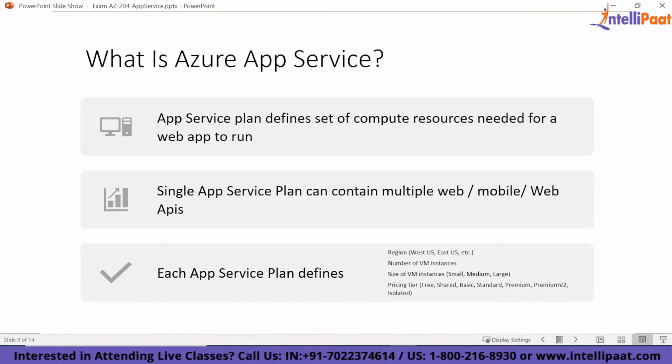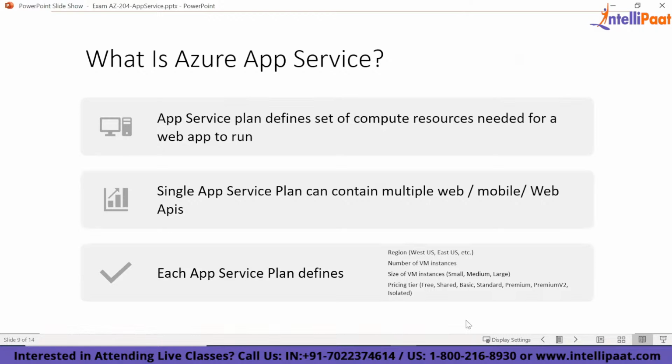So if I put it all together, it basically gives you the set of compute resources that is needed, which is enough to run any web application or a web API. Whatever you want to host, it gives you those compute resources. App Service, I can divide into two parts. One is an App Service plan, and inside an App Service plan, you can host multiple app services or websites. So in App Service there are two things, as I said: the App Service plan and the websites.